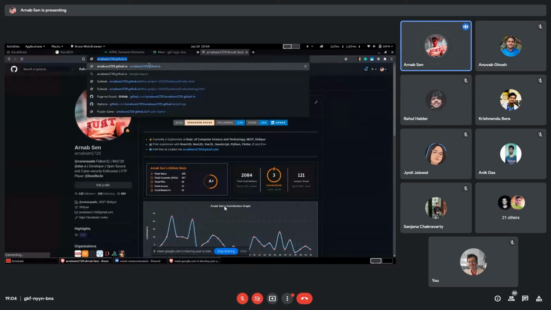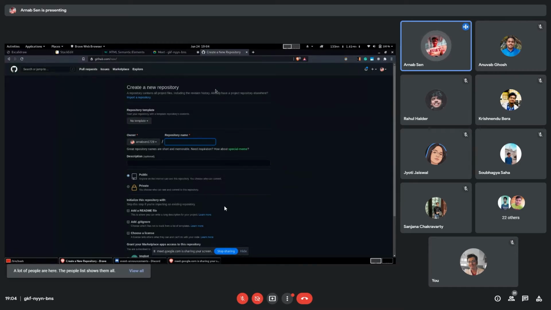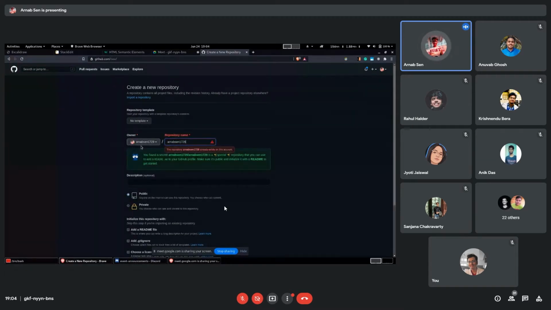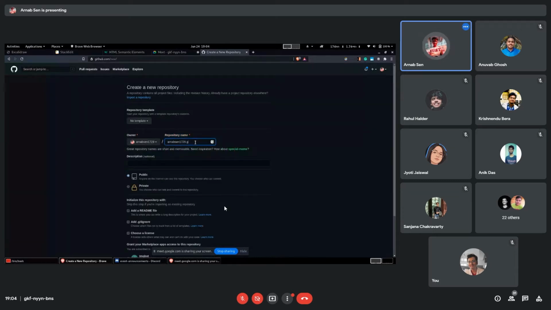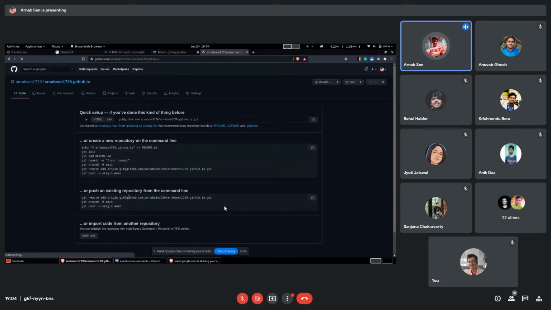So for that, let's create a new repo. I can go to repo.new or github.com/new, and the repo name should be in this format. First, it should be your GitHub username. You can see it over here, onlipson1729. In your case, if it's ABC, then it's abc.github.io. So this is the format: username.github.io. Make it public. You can uncheck all of this and create a repo. It will create a blank repository for you.